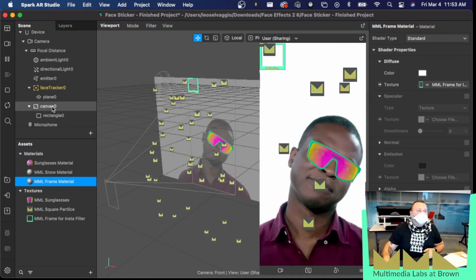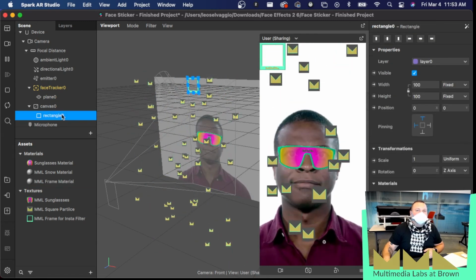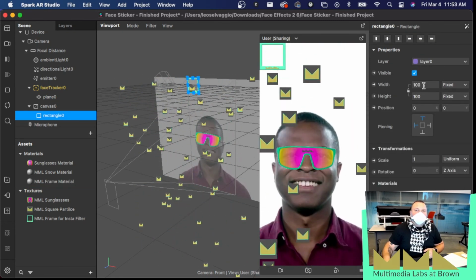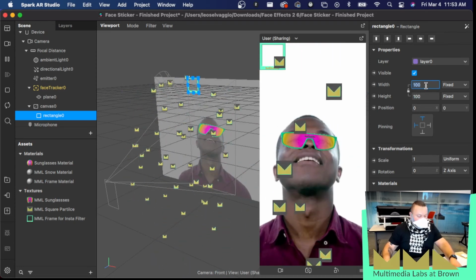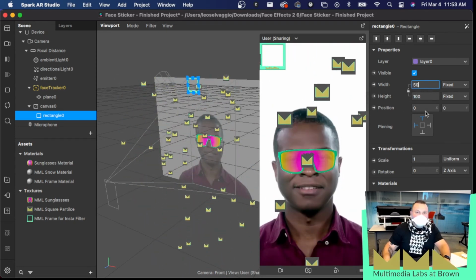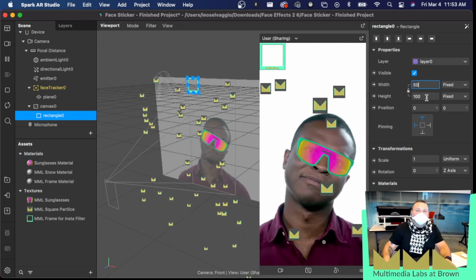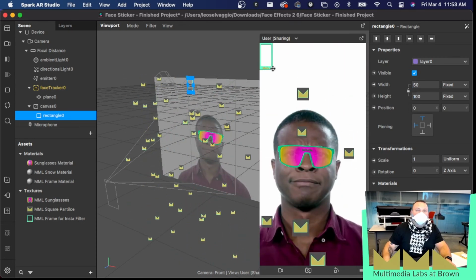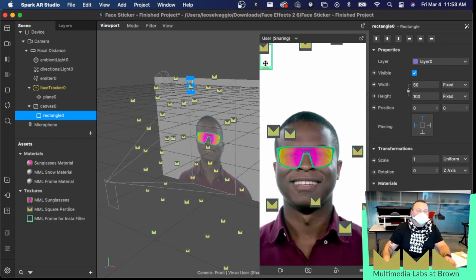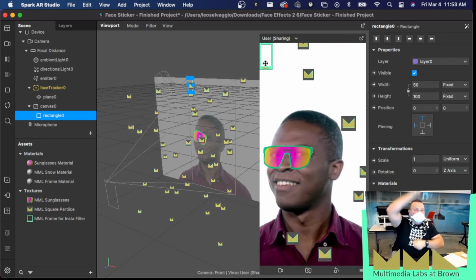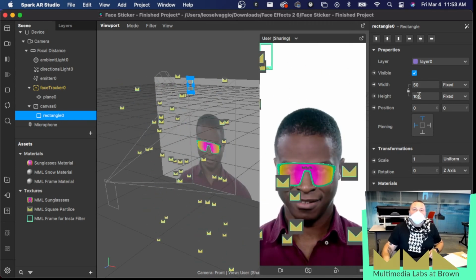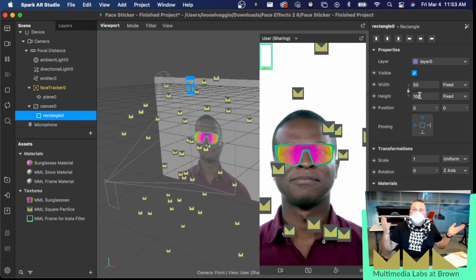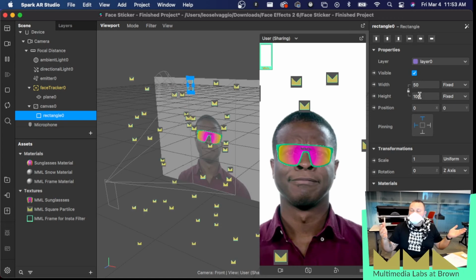And if I go back to this plane over here, or the rectangle, sorry, I can do things like change its width and height. So I could make this to be 50. And so you can see how that changes. So the plane is just like, think of it as the stretchable kind of thing, or the rectangle, I should say. But what we actually do is, since we want it to be kind of a frame that's